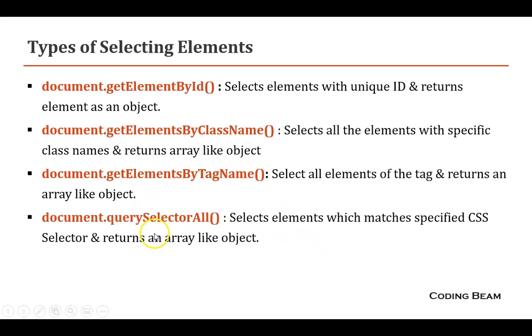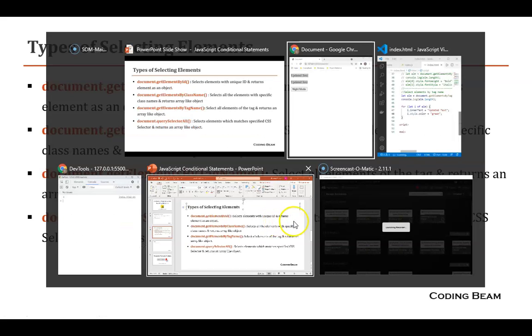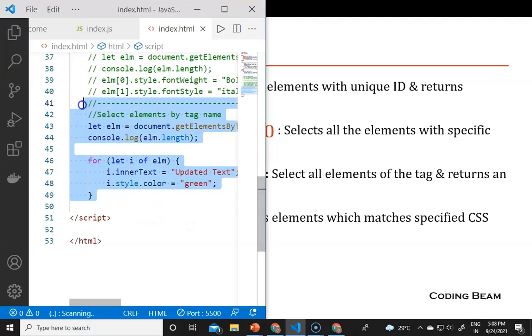So now the next one is document.querySelectorAll. It will select all the elements which match the specified CSS selectors, and it will return an array-like object. The CSS selectors can be like the star, the IDs or the class, so it will select all the elements which match the specified CSS selector. So about document.querySelectorAll, if I now comment this out,